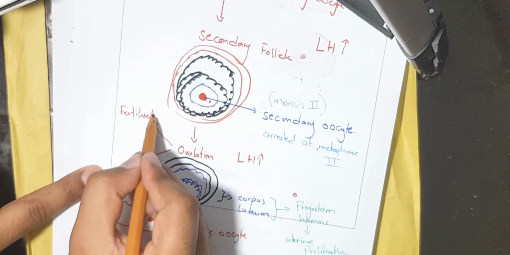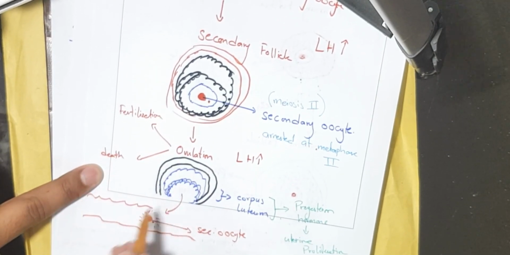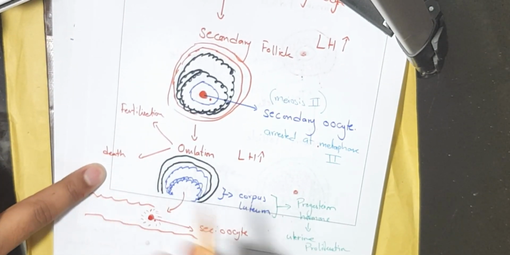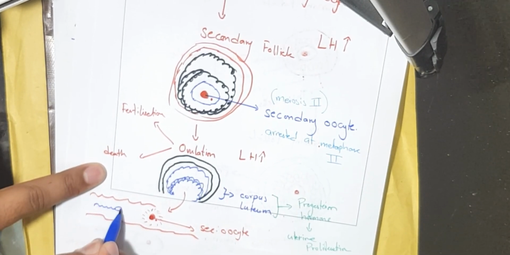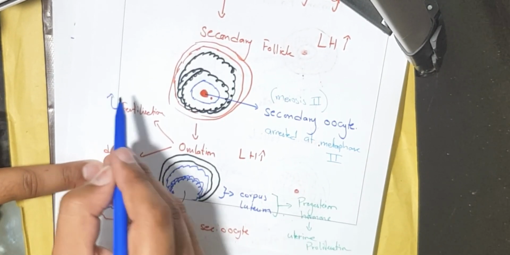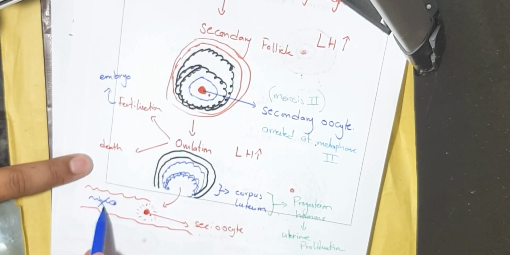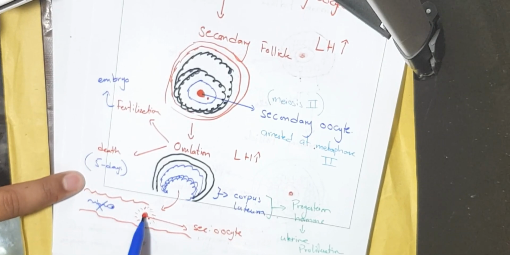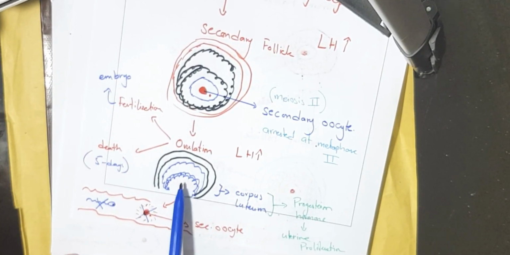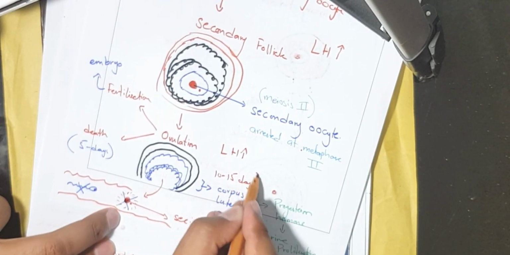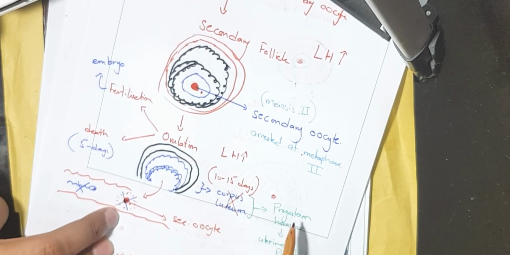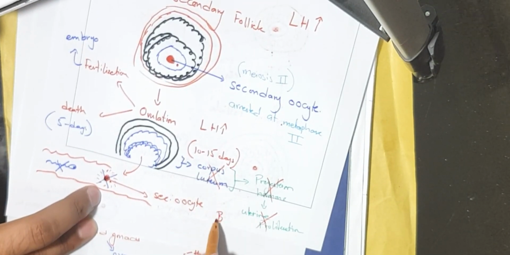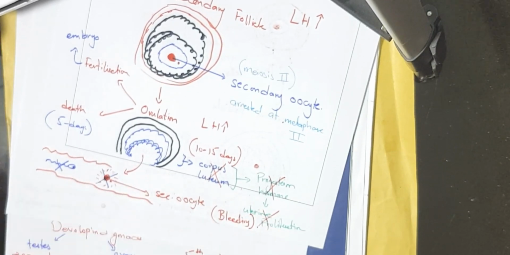Okay, after ovulation there will be two fates for the secondary oocyte: either it will be fertilized or it will die. If the sperm arrives and they both meet, it will cause fertilization and result in the production of an embryo. But if the sperm does not arrive, this secondary oocyte will die after 5 days, and the structure which remains behind, known as the corpus luteum, will die after 10 to 15 days. The progesterone hormone surge will also stop, and it will cause bleeding, which will be known as